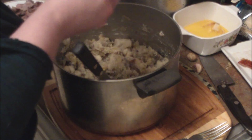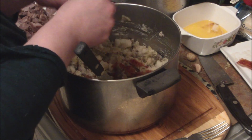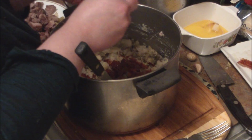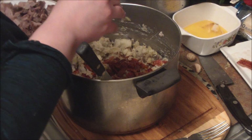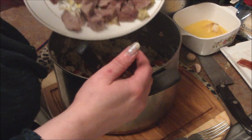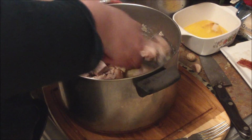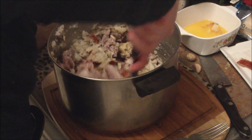So what I'm doing now is I'm going to take a couple pieces of really crispy bacon, because usually when people make Colcannon, they love the crispy bacon in it. We just happen to be doing a combo because my husband likes meat. And so we're doing a little bit of bacon and some pork. I cut up half of the pork in bite-sized pieces, but I'm not going to use that much in the Colcannon, because it might be a little excessive. Who cares about excessive? Okay, so we got all the pork in there, and this is going to be a very meaty